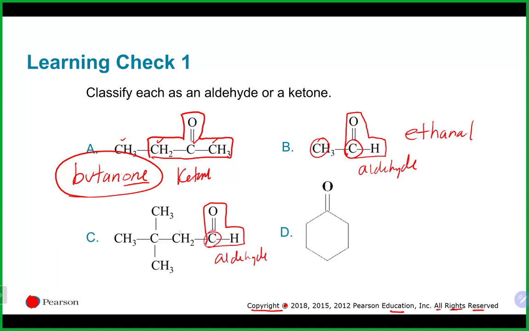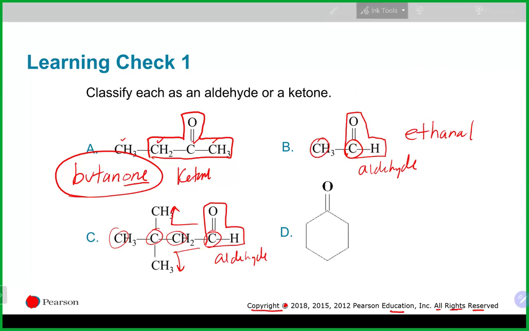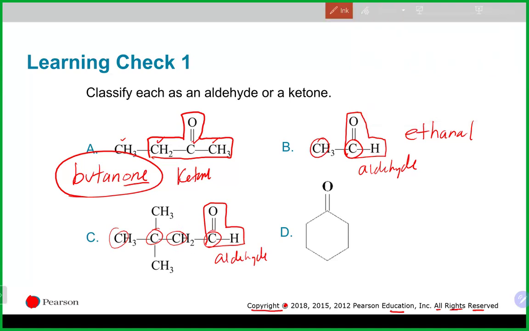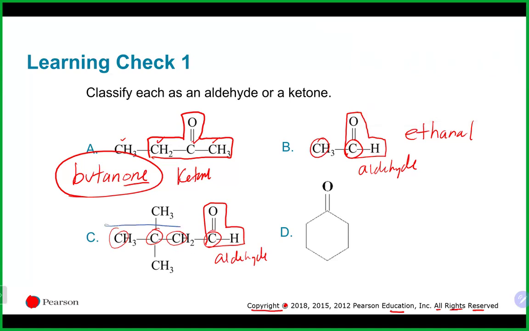Counting this up, we got 1, 2, 3, 4. And to be truthfully honest, you could also get 4 by going this way, or you could get 4 by going up. It doesn't really matter which way you choose. Since we got a few options to get to 4, I'm going to go with maybe the straightest option there. So if I box around this here, that is 4, which means it's going to be butanal,